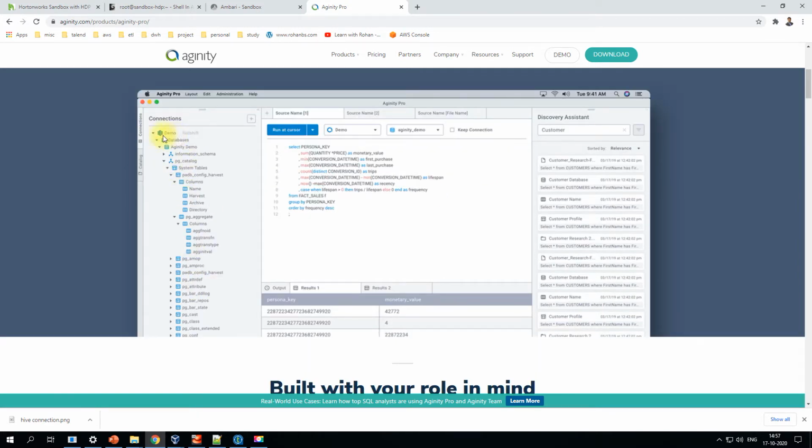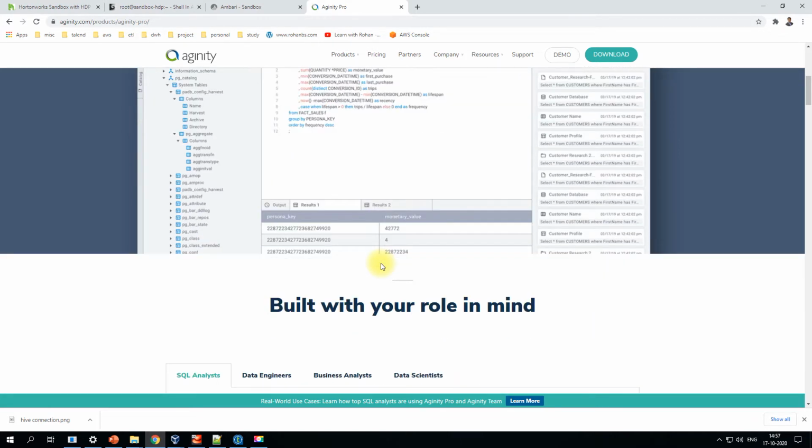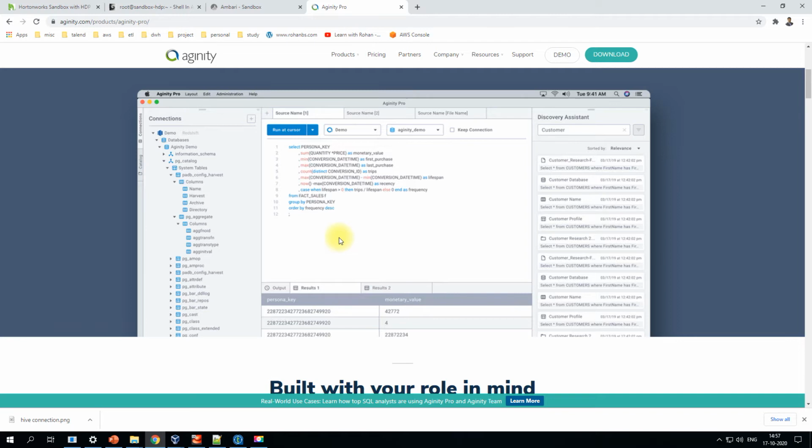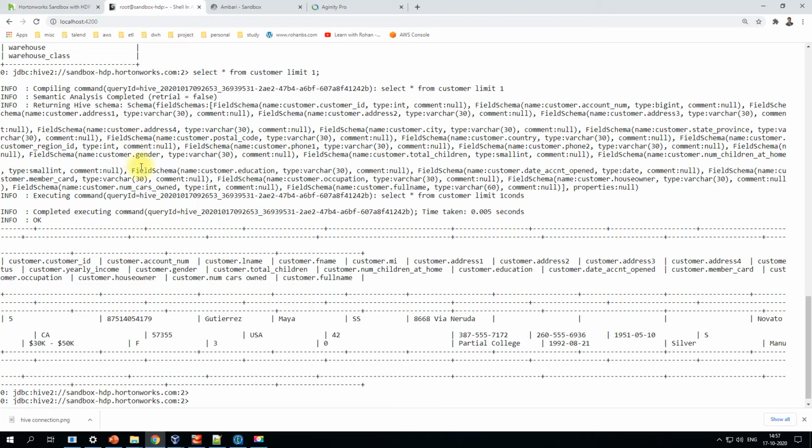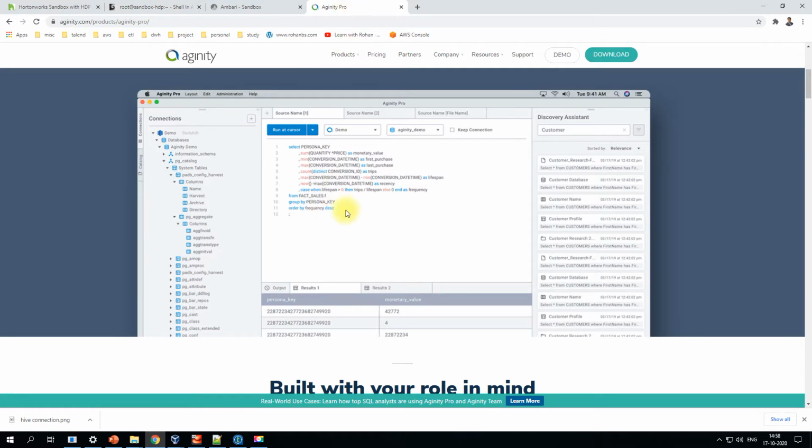This is where you'll see the database connection. Under that, you will be able to see all the tables, and then all the required details. So this client will be really useful in order to query the data, look at the data, and do all sorts of aggregation and things like that, whereas this console is not really helpful. We will go ahead and download the software and then launch it.